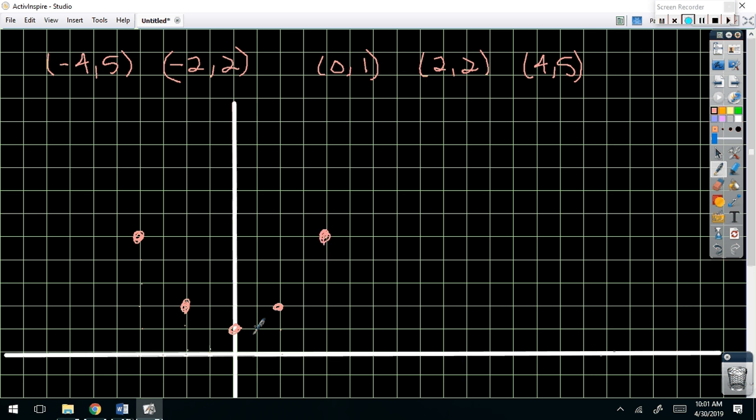Pretty easy to tell what this one is, right? If I connect these, yeah. Alright, so when we have quadratic equations,